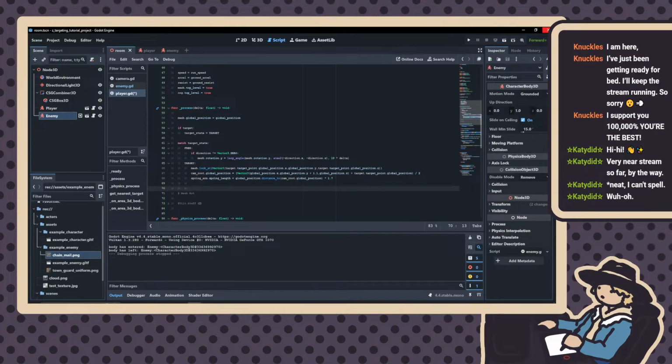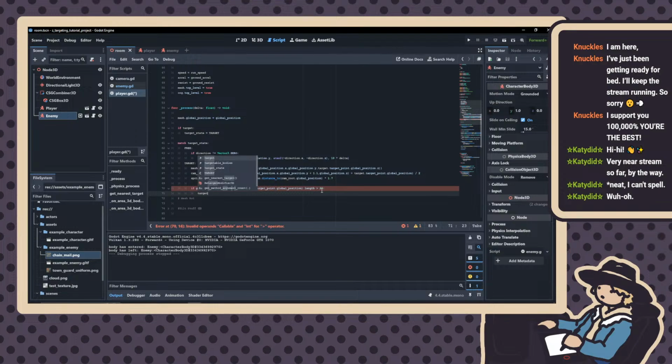If global position dot distance to target dot global position, target point dot length is greater than, I don't know, let's say 20 meters, then